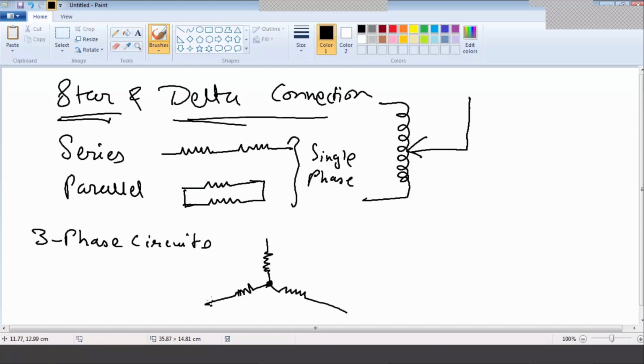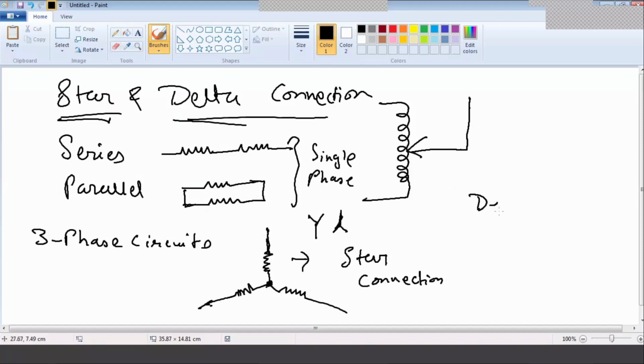That will create a star type structure. That's why it is known as star connection. So this is the symbol of the star connection.